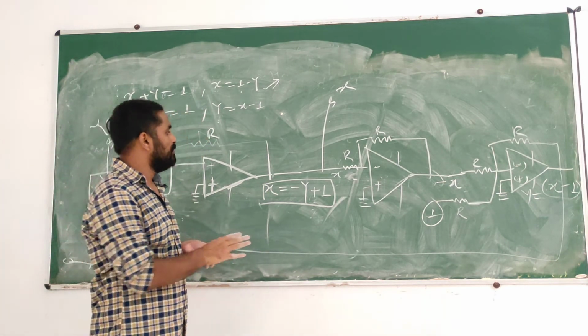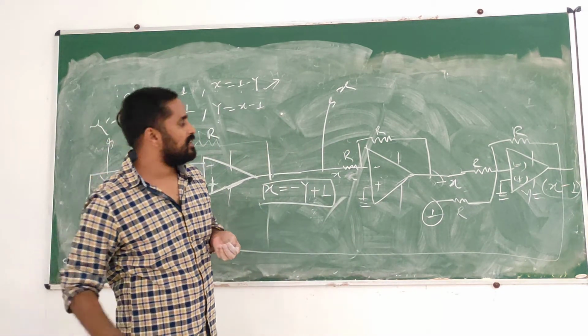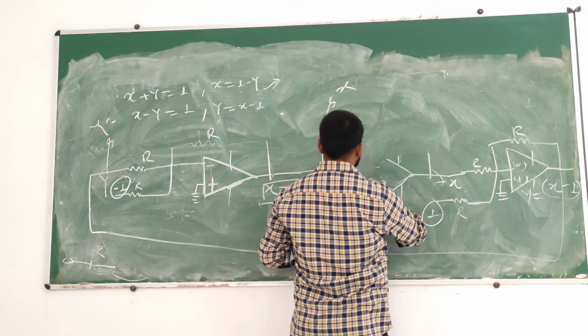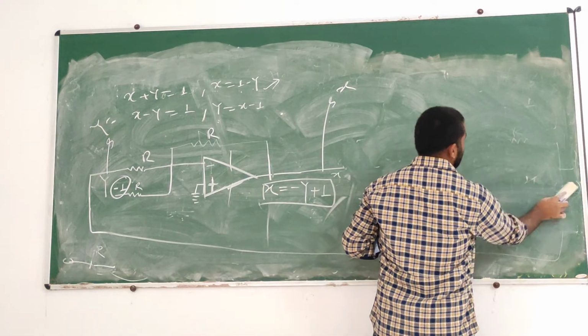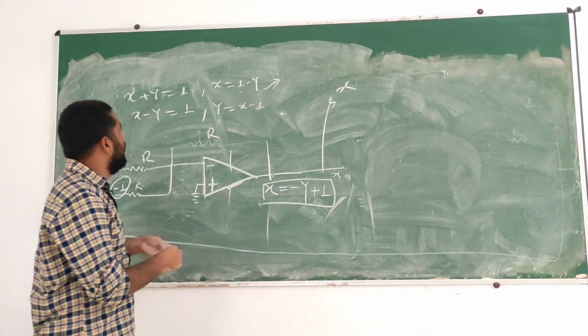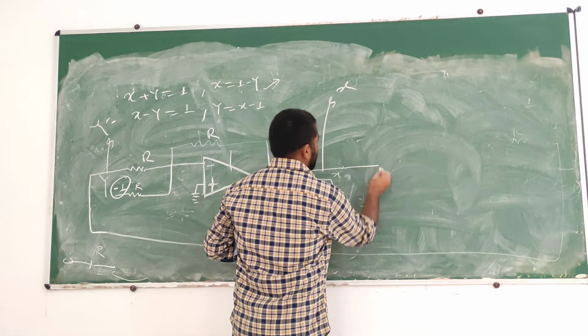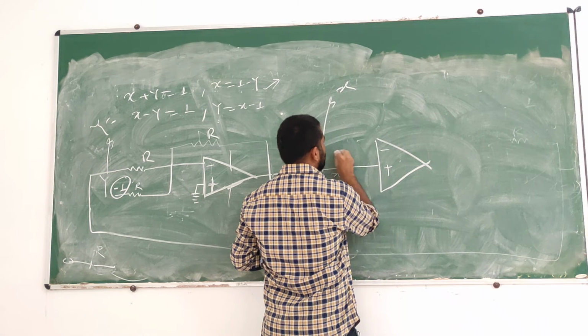Now I told you there are two methods to solve from here. One method I have solved. Now another method, it is very easy. We have done the difference. Now this is your X. Now what we need? X minus 1. Now just apply positive. This is your negative terminal.